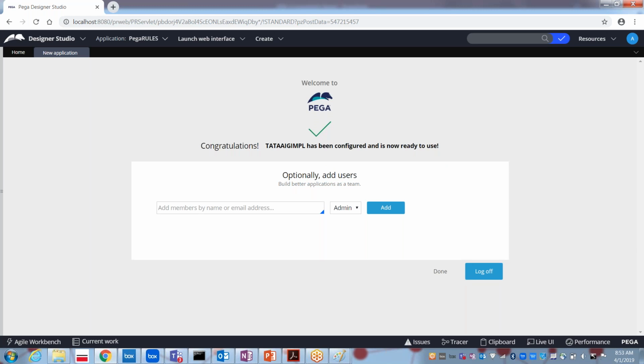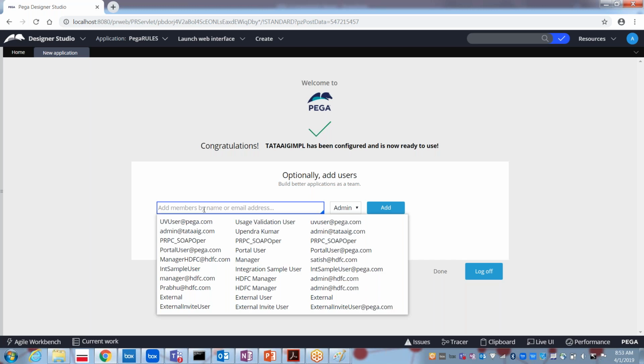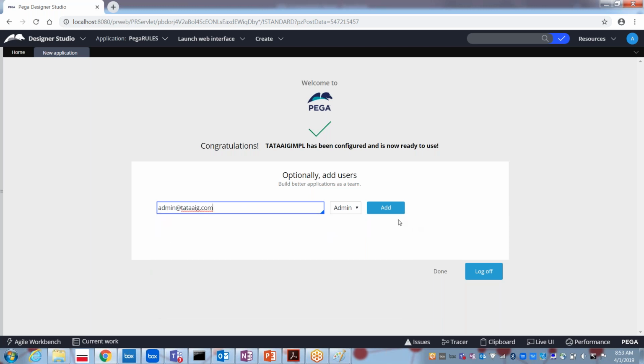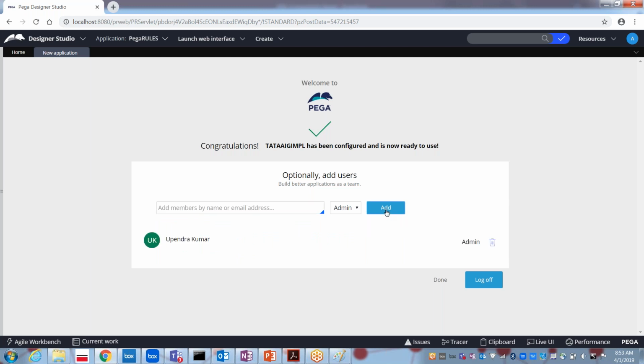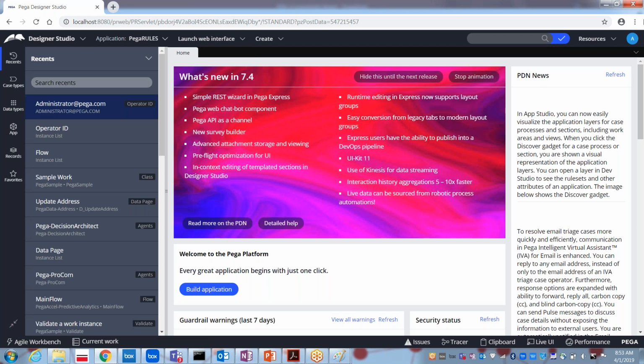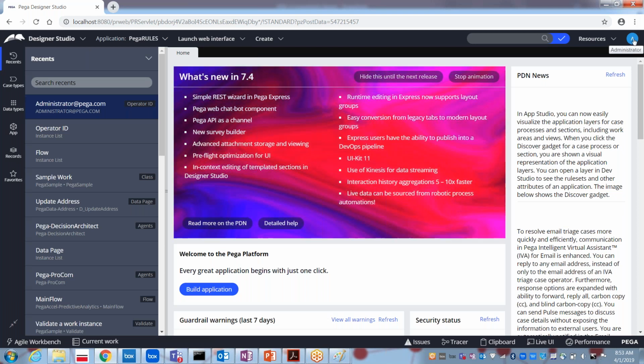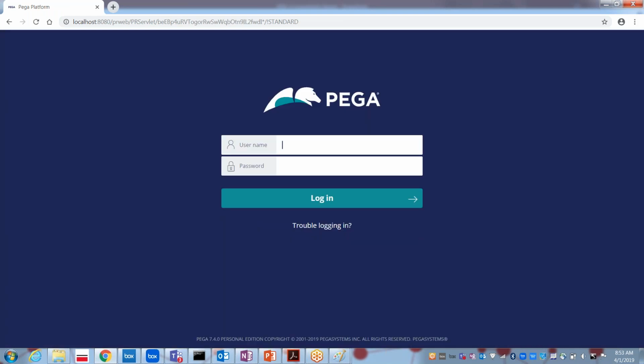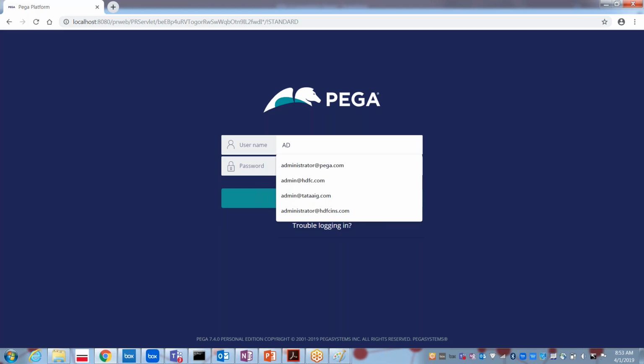So again it is asking for the operator ID which you want to give. Even if you want, you can reuse the existing operator ID. I am giving admin@tataaig.com, and then add it, and then done. So now if you log in and see with admin@tataaig.com,